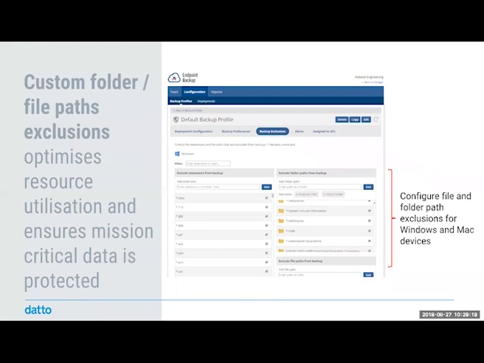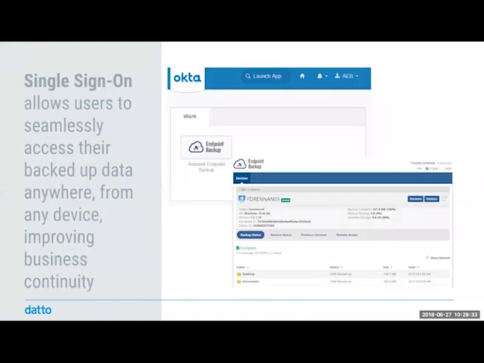So you can exclude folder paths and you can exclude file paths for Windows and Mac to really help you optimize the service for your customers, and of course, gives you the flexibility depending on how you are providing the service to them. The second feature is single sign-on, and that really allows users to access their data anywhere from